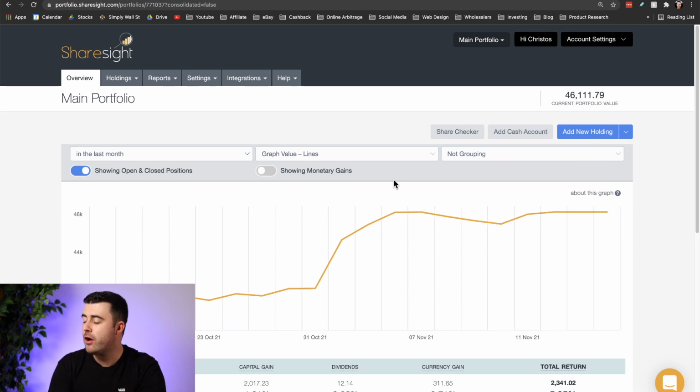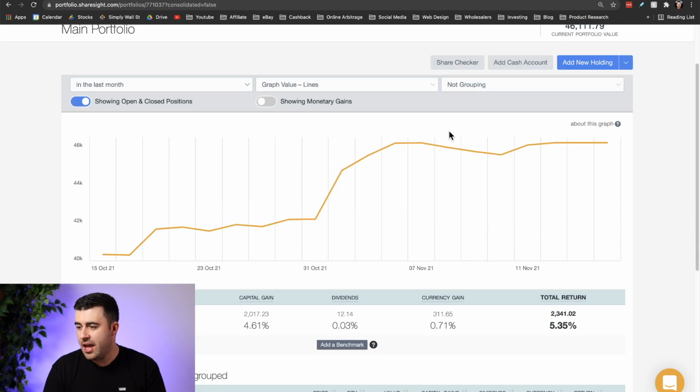And as you can see, my current portfolio value is currently sitting at £46,111.79 in terms of my stocks. Like I said, we'll get to my crypto in just a second, and it's been a pretty good month for me. As you can see, we are currently up 5.3% for the month, which is a total capital gain of